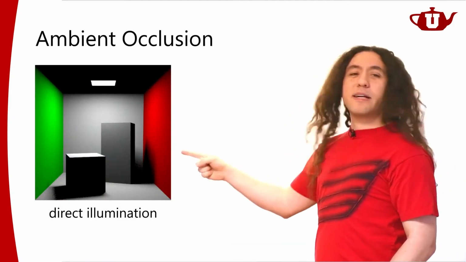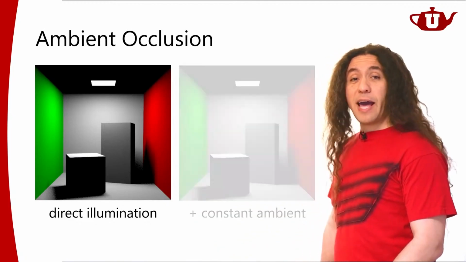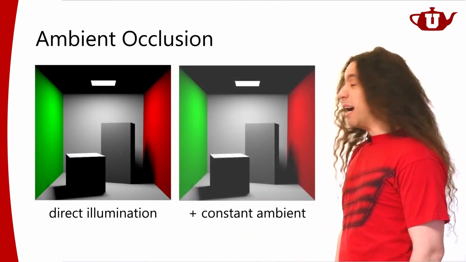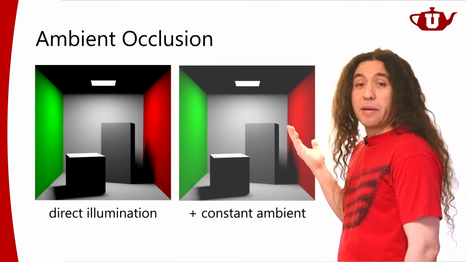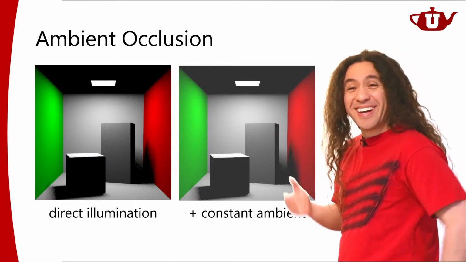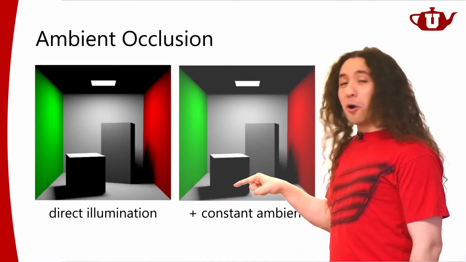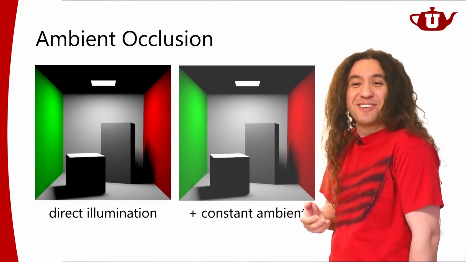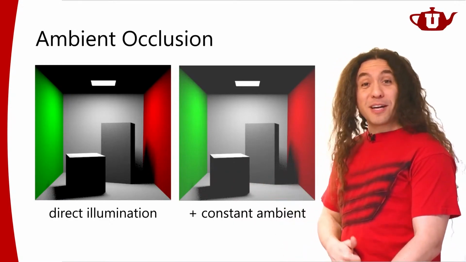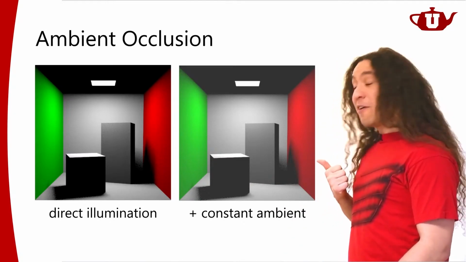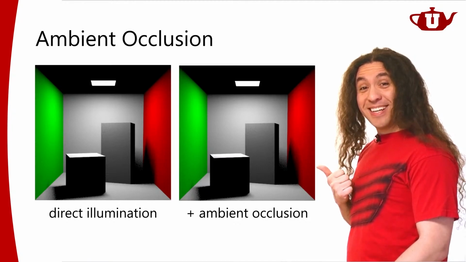Now, I have a very simple scene here, and I'm going to add an ambient term. If I add a constant ambient term, things got a little bit brighter, right? But it didn't help at all. I had super pitch black parts here, and they're not pitch black anymore, but why do I care? It just didn't really do anything. All right, let's add ambient occlusion. Are you ready? I'm adding ambient occlusion to the scene. From here, it's going to here. Isn't that amazing?